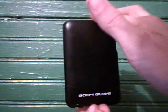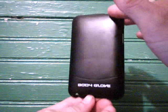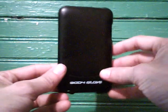It's actually the smallest case I've ever been able to find. It's black. It's not clear, as every single other one I've ever found has been clear. Of course, you've got the volume rocker here, sleep wake button here, port access there, and to the untrained eye, held like this, maybe it would look like an iPhone 3G. Even with this part showing, it could be an iPhone 3G